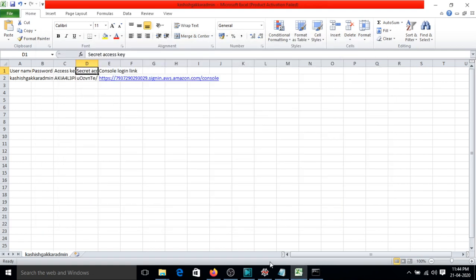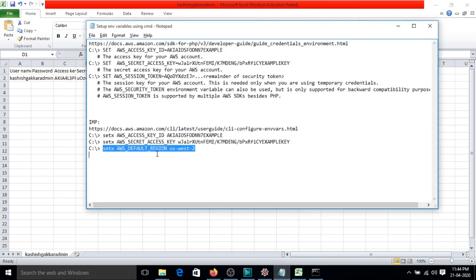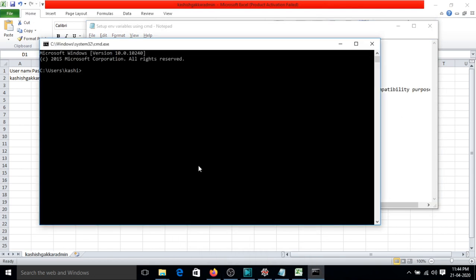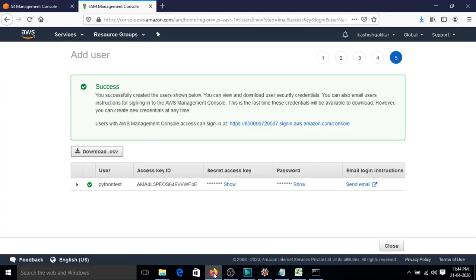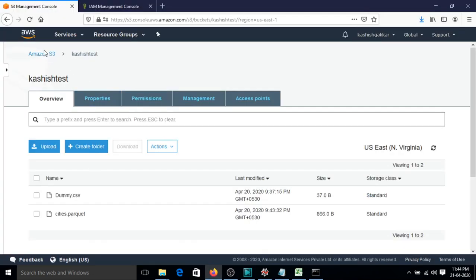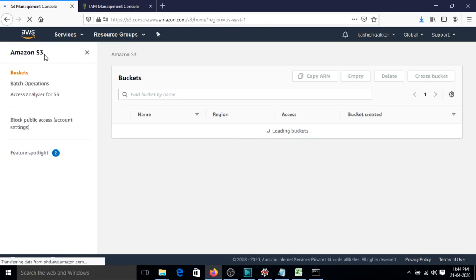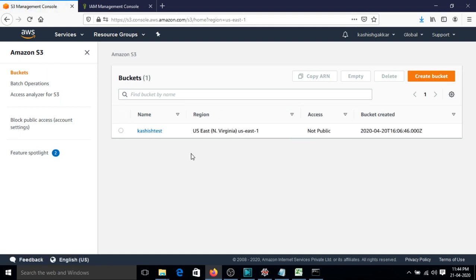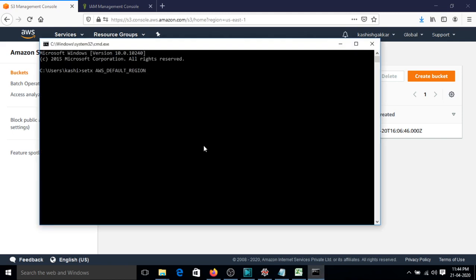And last is you have to set the region. Please note the default region; let me show how you can find it. Again, go to console. For region you have to go to your AWS S3 bucket and see. If you remember, when we were creating the bucket, there was an option to select the region. I had selected North Virginia US East 1. So you have to just copy us-east-1 and paste here and just click enter. Let me show how it will be done. I've just pressed enter, so it says success, specified value was saved.